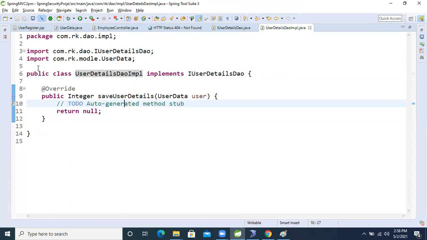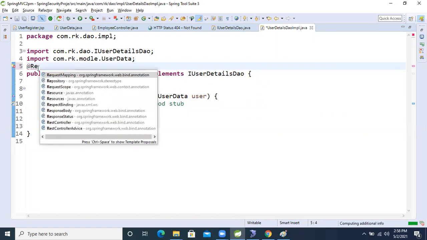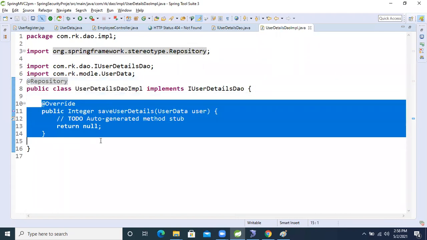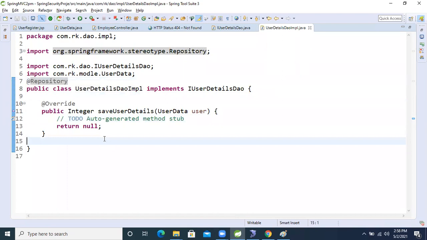So for that, we will apply one stereotype annotation, @Repository, on top of its implementation class. All operations, save, delete, and update, are performed internally based on the Spring ORM framework to store the data in the database. So for that, we will make a relation with HibernateTemplate.